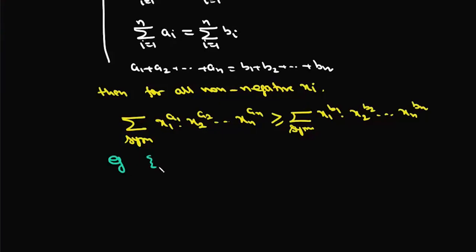Suppose we have two sequences 5, 1 and 4, 2. Now clearly 5 is greater than 4, and 5 plus 1 equals 4 plus 2. That means the sequence 5 1 majorizes the sequence 4 2. So now we can write this symmetric sum